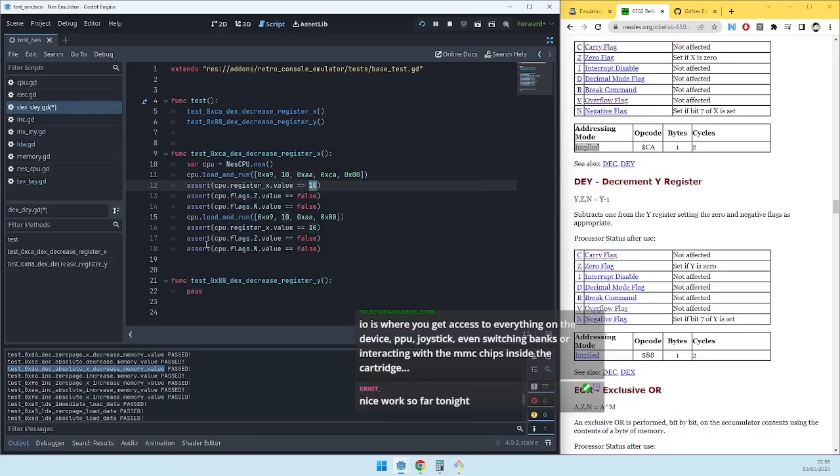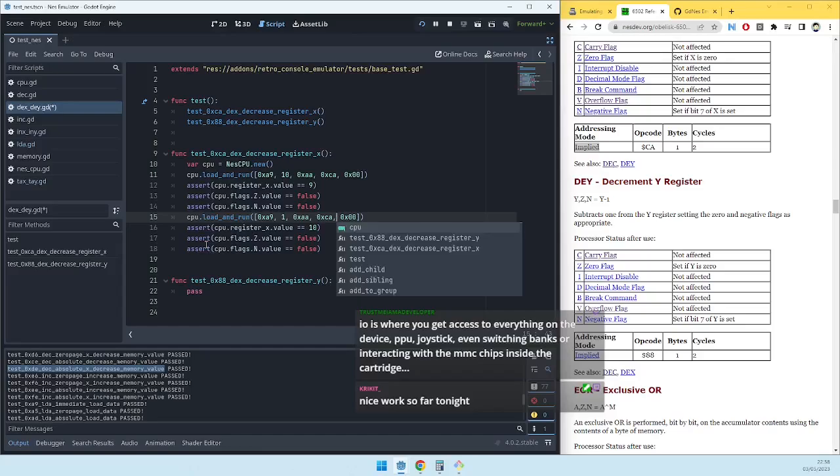And this will be a 9, not negative and not 0, and we can load a 1, transfer it to X and decrease 1, and this is meant to be a 0. It is 0 indeed and not negative,